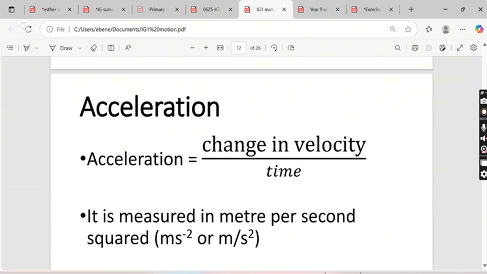or the rate of change in velocity. Acceleration is the rate of change in velocity. I don't normally prefer that one because in the application of acceleration, when we hear the word accelerate, it shows that the object is moving faster, which in essence